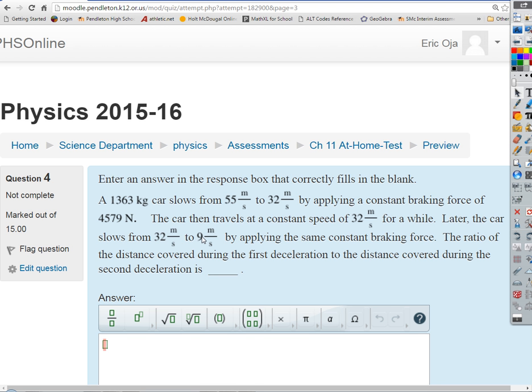On this one, because I gave you all the particulars, you don't even have to do anything tricky like writing the ratio. You can literally just solve for how long it takes. If you know the mass of the car and the force, you could have done this problem honestly 3 months ago, because this just involves friction, and you could do it the old-fashioned way. You could find acceleration, right? F equals ma. If you know the mass of the car and the force, you could figure out the acceleration. But I wouldn't do it that way.